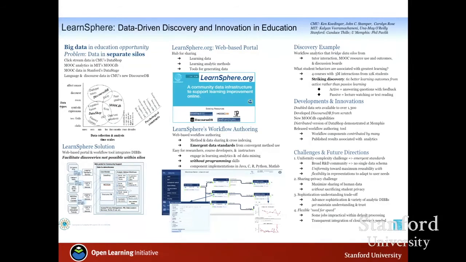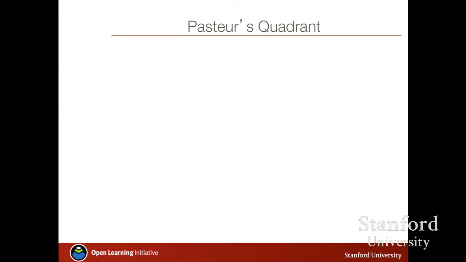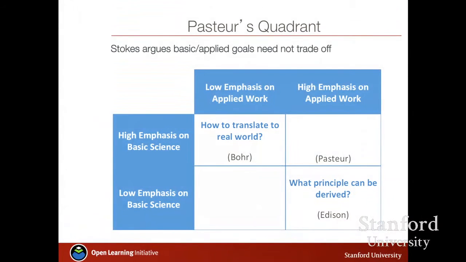What I was talking about is the data collection and analysis in real time. Another project I have, an NSF project, is to build the back-end data infrastructure to support learning researchers to be able to use each other's data and do analysis over multiple institutions. But I'll talk about that. The idea is that when we're doing learning research, we should be working in Pasteur's quadrant. Is everyone familiar with this matrix?